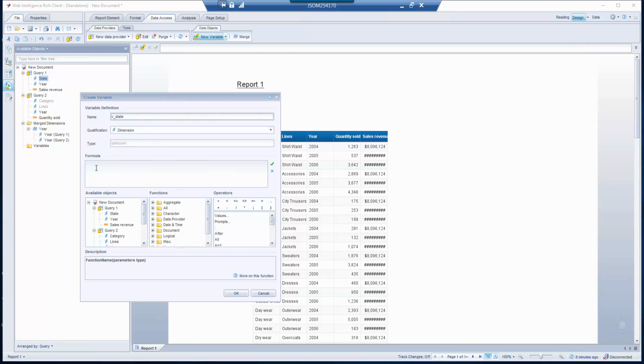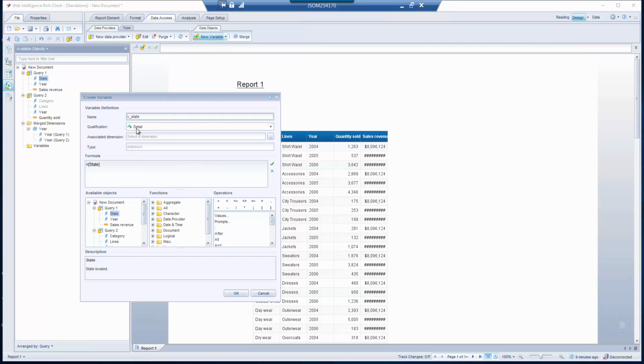And for the content of this variable, I'm just going to pick the state object because that's what I want to display. But one thing that I'm going to change is, instead of making it a dimension,